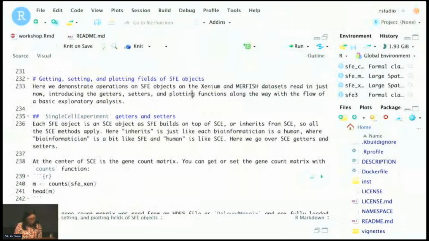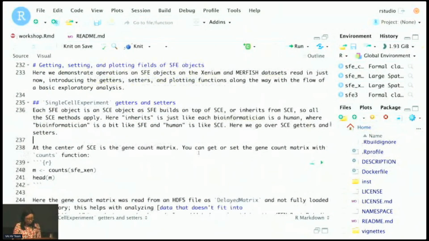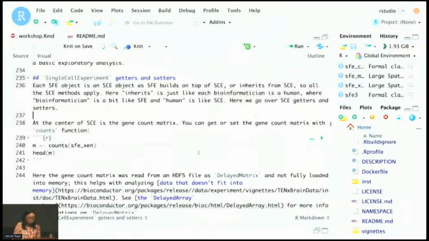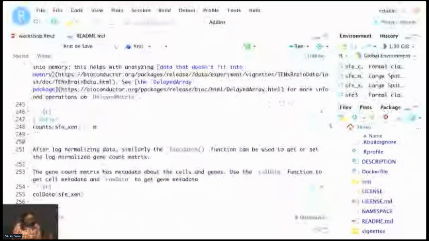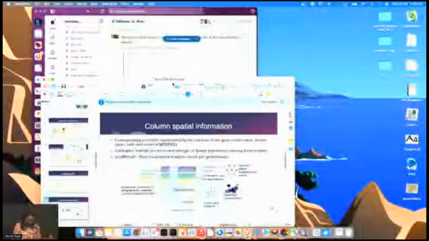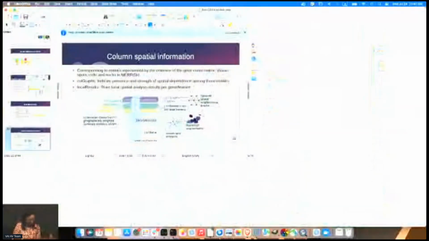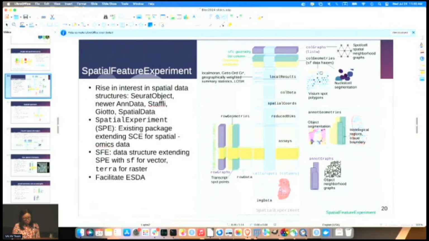So that was on constructing SFE objects, and now we're getting to operating on SFE objects and on the different fields in the SFE object.